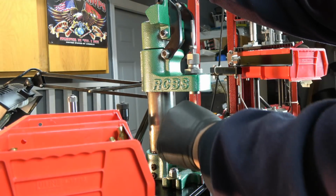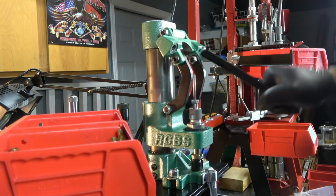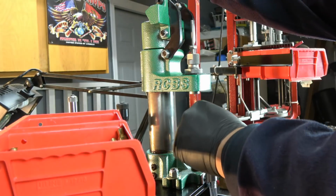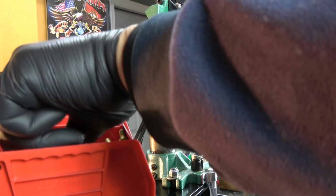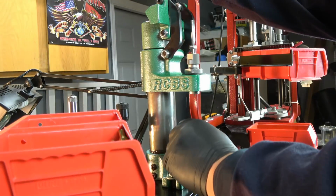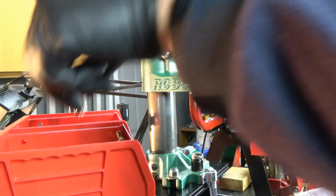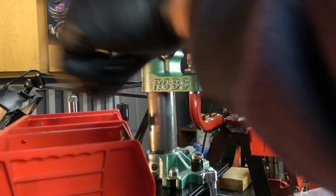So that's what we're going to do today on this gloomy, rainy day. After depriming 25 cases, we're going to wipe the lube off with a microfiber cloth, and we're going to move to priming the cases as well as trimming, chamfering, and deburring the cases. So let me knock out these 25 cases and I'll show you my case prep station,